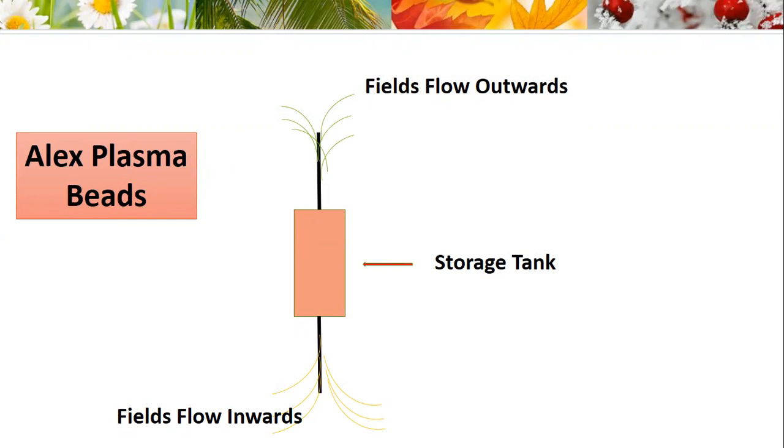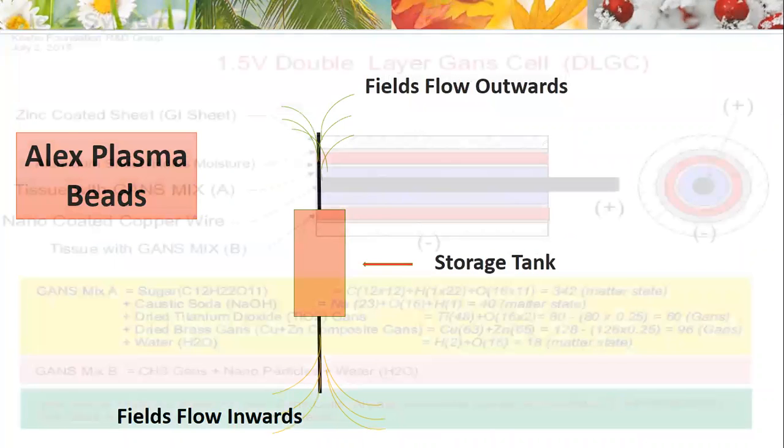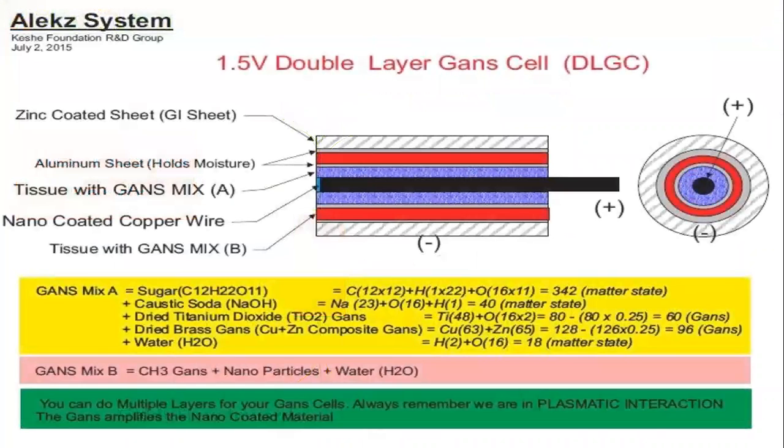And Mr. Keshe explained it as the Alex plasma beads is exactly the same as a seed, because we know if you've got your copper rod and you create Alex's beads around it, and you've got your fields flowing inwards, you've got your fields flowing outwards, and what you're creating around your nano-coated copper is essentially the storage tank. So the Alex bead is essentially a little seed, or the seed is just like the Alex bead. So I thought that was quite a nice way to explain